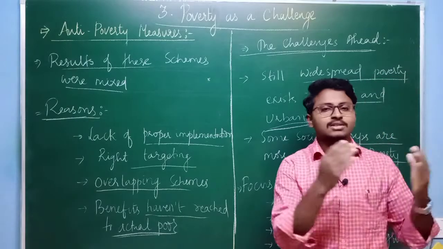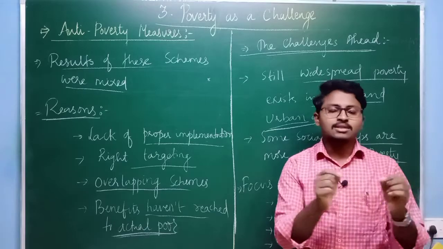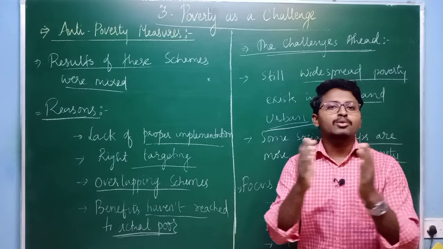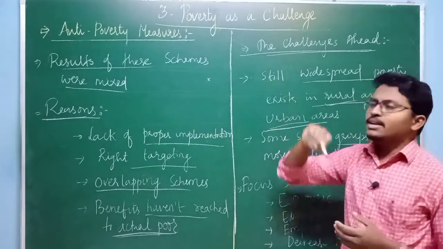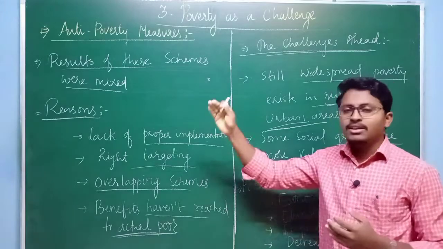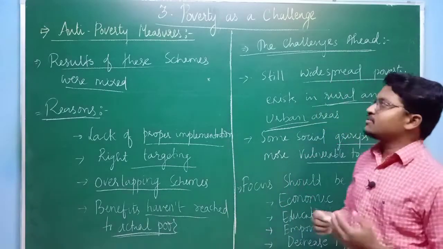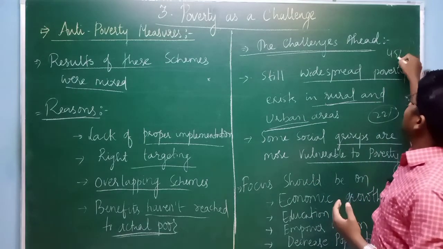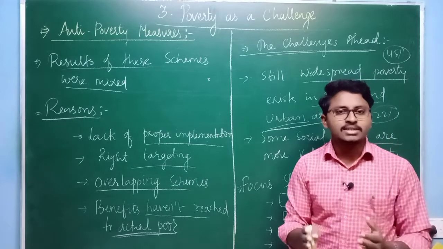When we discussed social exclusion and vulnerable groups, we saw that there are some groups in society who are on the edge of poverty, that means who are more prone to fall below the poverty line. At the same time we cannot say that we haven't reduced poverty. Of course poverty is reducing, as we have seen just now, only 22%. Once upon a time it was 45%,